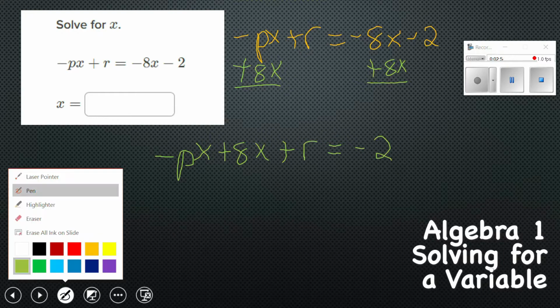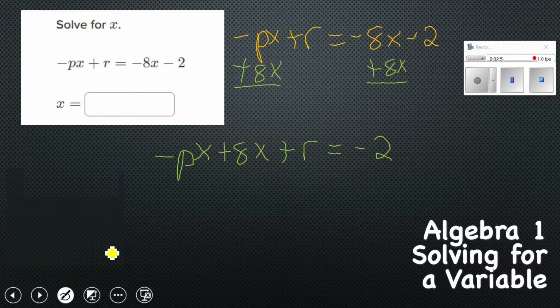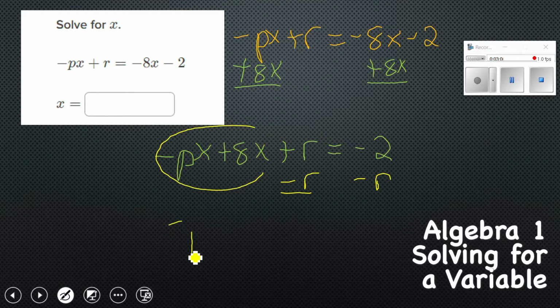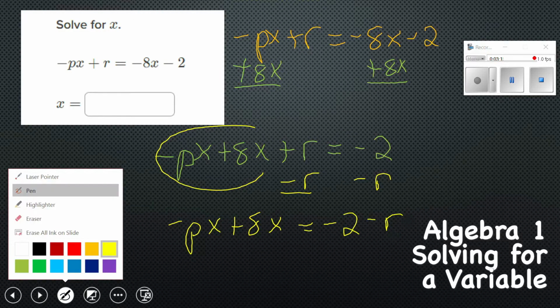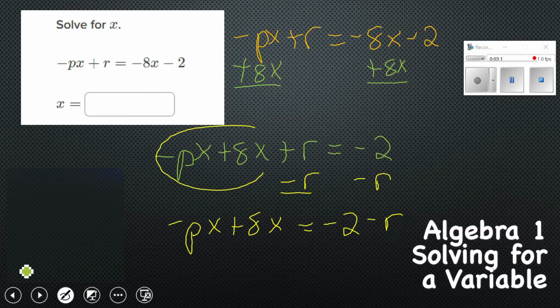So what we need to do is think about at least getting the two x's by themselves. So let's see if we can do that. So let's subtract r from both sides. So subtract r, and we'll rewrite. So we have negative px plus 8x equals negative 2 minus r. Again, you're looking at this and saying this is pretty complicated, but if you just follow your steps and think about it. Now the next step we're going to have to do is we almost have x by itself,